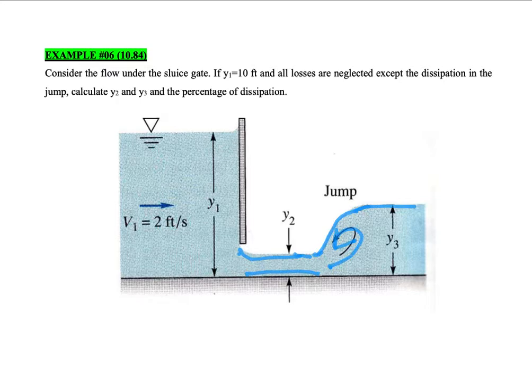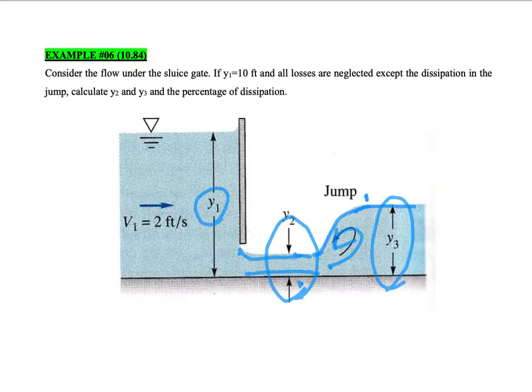Okay, so let's say we have example 6 here. Consider the flow under the sluice gate if y1 equals 10 feet, and all losses are neglected except the dissipation in the jump. Calculate y2 and y3 and the percentage of dissipation. So in this tutorial, we will look at how to predict y2 and y3 before and after the hydraulic